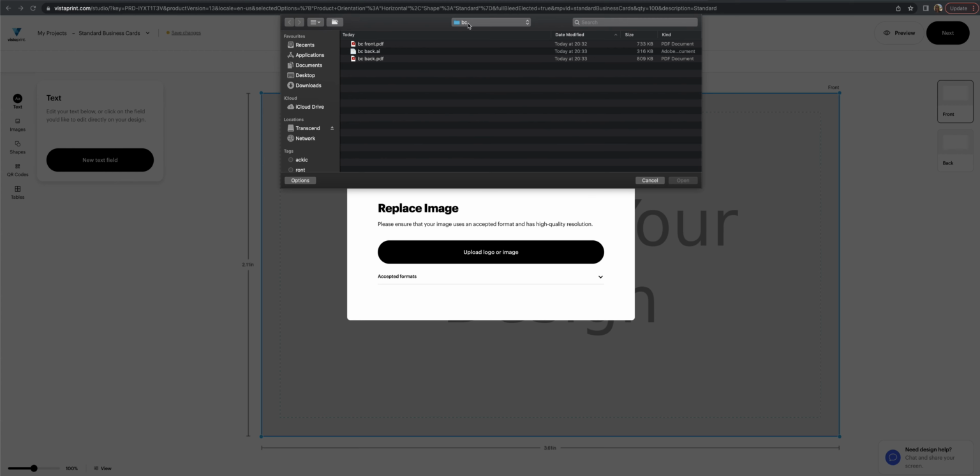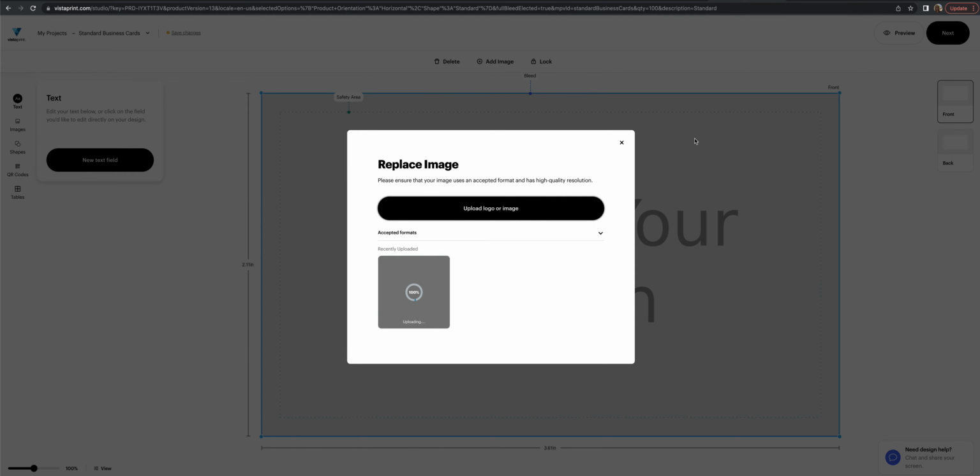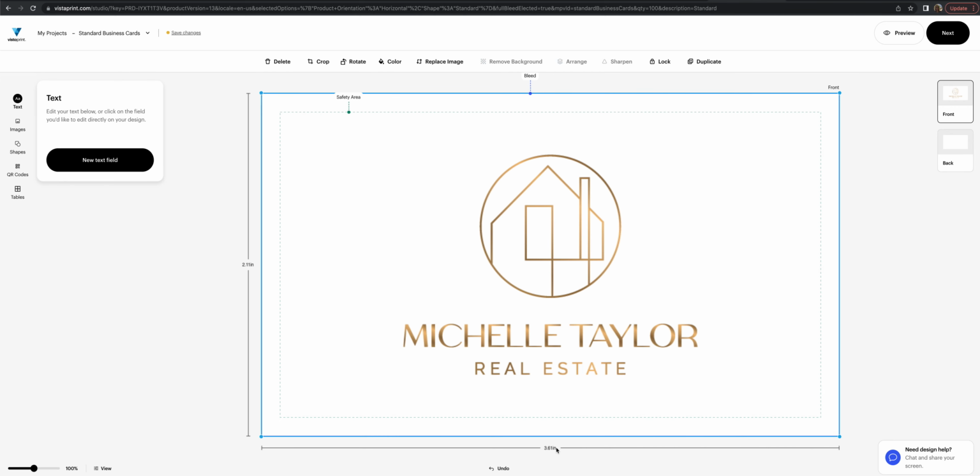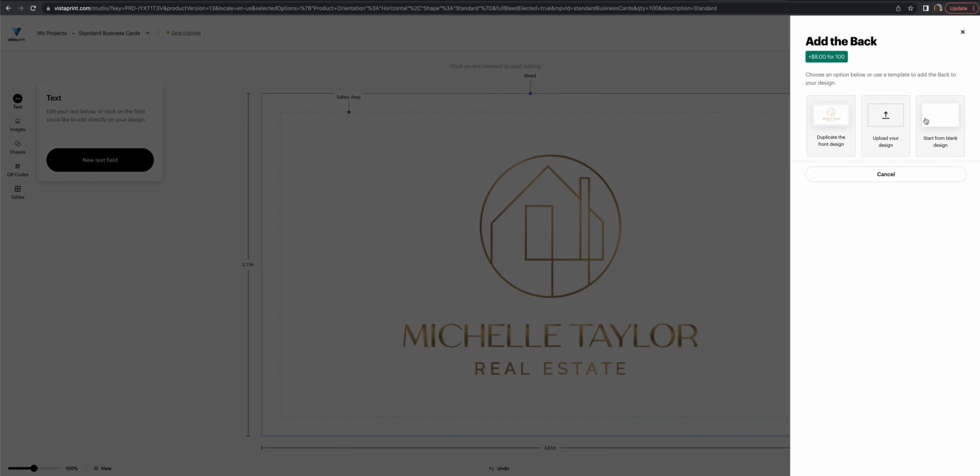Now go to your folder where you saved the PDF files that I sent you and choose PDF front. Okay, and here it is. You have your design here. Here you have front and back side. Now let's click on back side, upload your design,